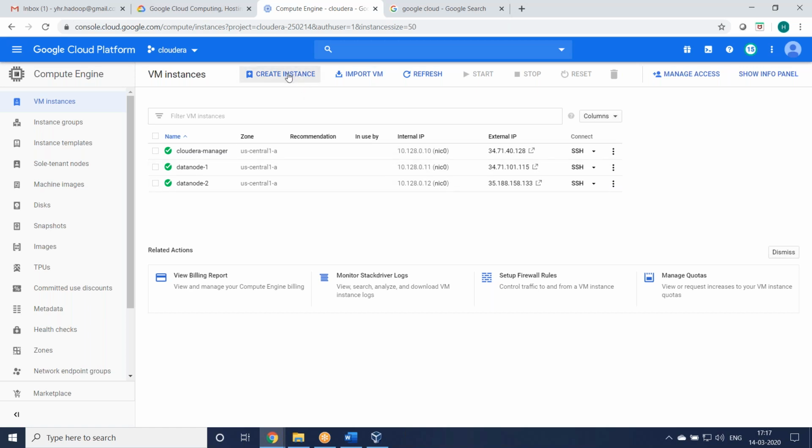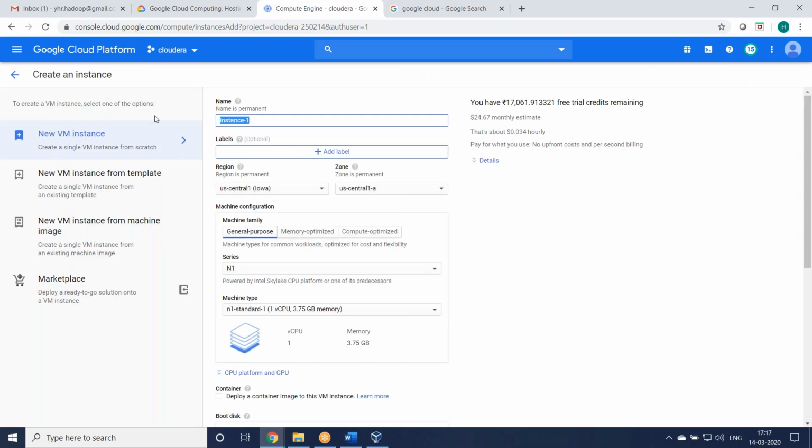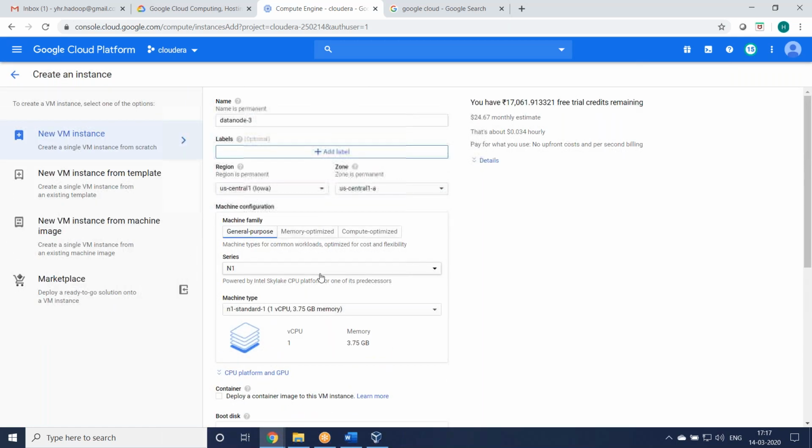So the last one we'll create, data node 3. We could take 5 nodes also, but here everything is okay.